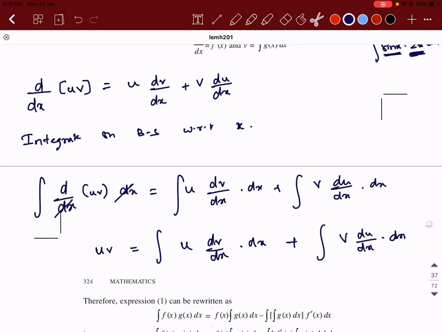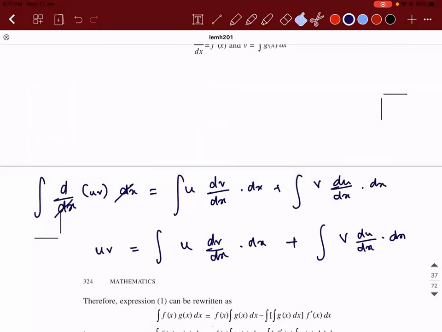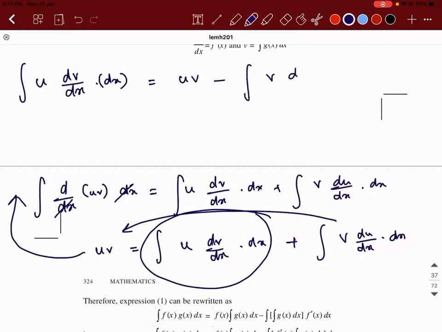From the idea of the product rule, now we are going to derive the reverse. So I'm bringing this up. Observe, this is there, no? Integral of u into dv by dx with respect to x is equal to u into v minus, this whole thing will come to the left hand side, minus integral of v into du by dx with respect to x. Accept?